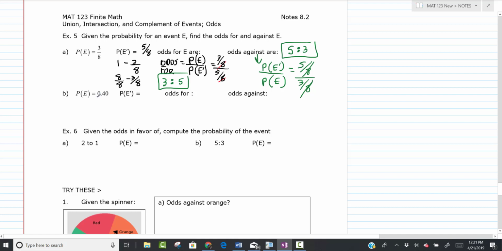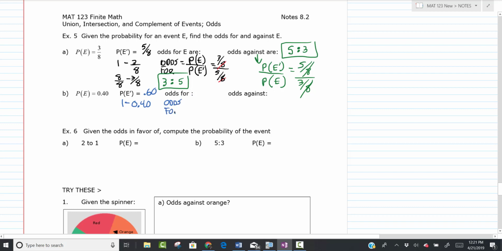So we have the probability of an event's 0.4. Therefore, the probability of it not happening is 1 minus 0.4. So that would be 0.60. Again, these things add up to 100%. 40% and 60% is 100%. Okay, if we're going to do the odds for,